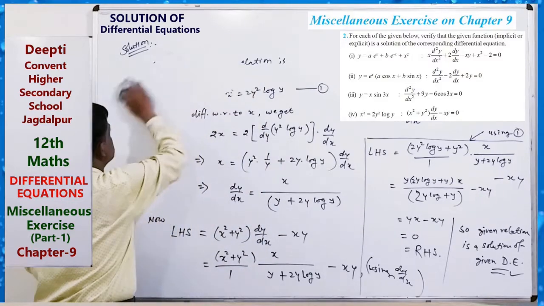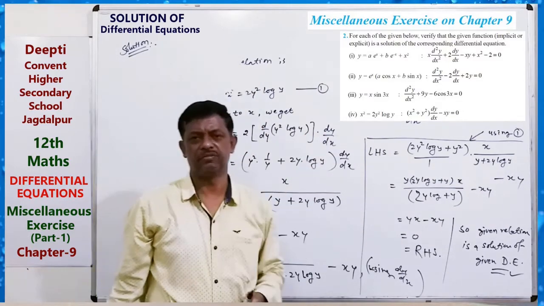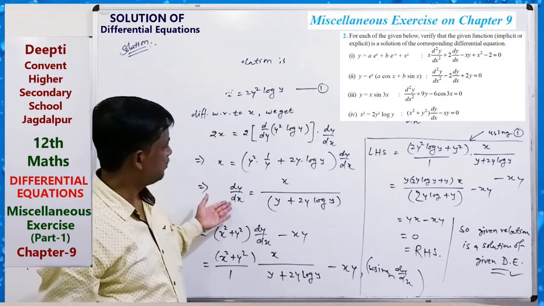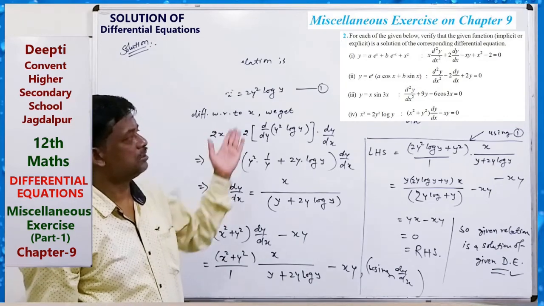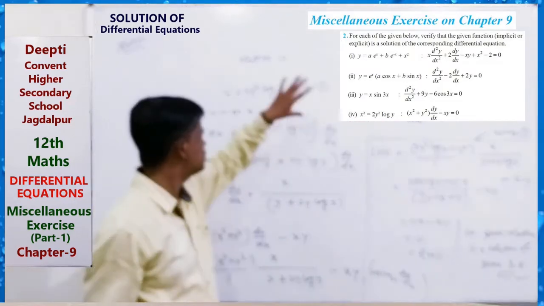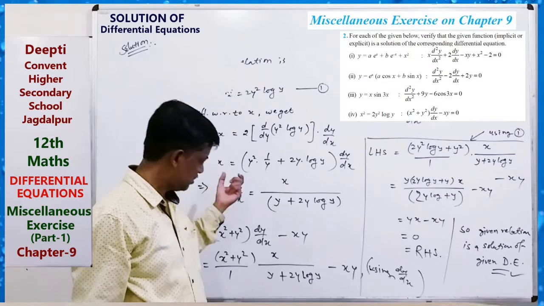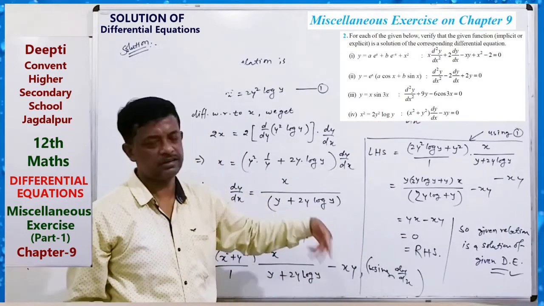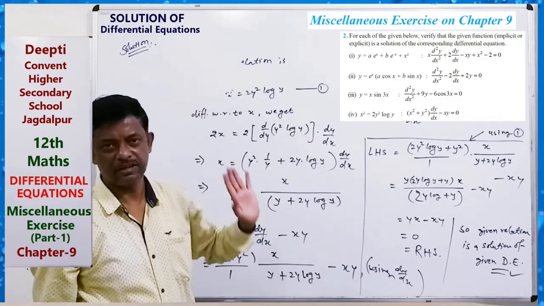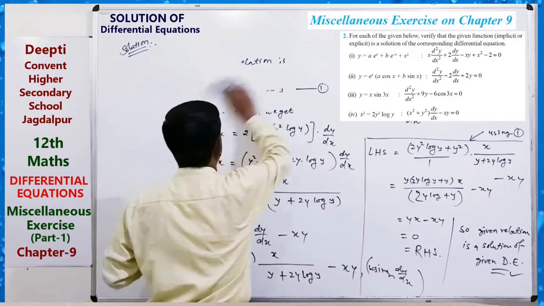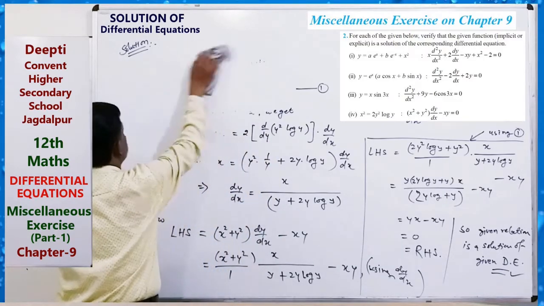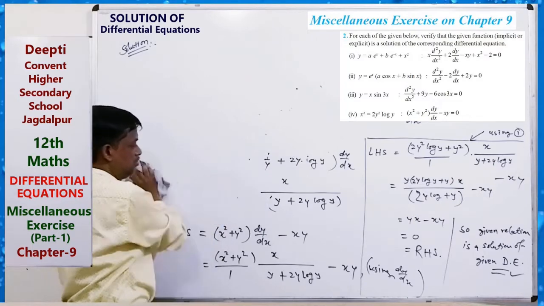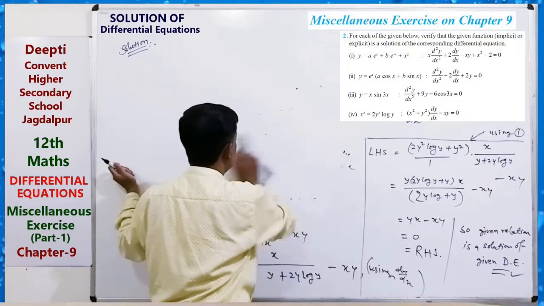Okay, so this was the verification of whether a relation is a solution of a differential equation or not. You just have to find the derivatives, put the values of the derivatives on the left hand side, use the given relation, and simplify to try to get the right hand side. If you can get the right hand side, then the relation is a solution. So first and fourth questions are completed, and you have to do question second and third of 2 by yourself in your copy. Okay, now take question third.